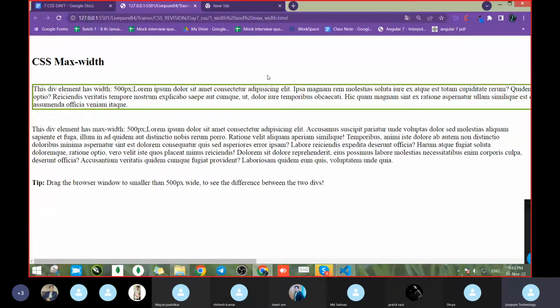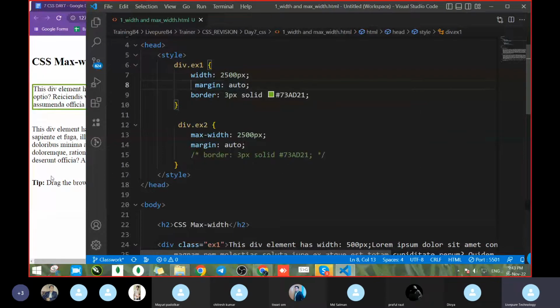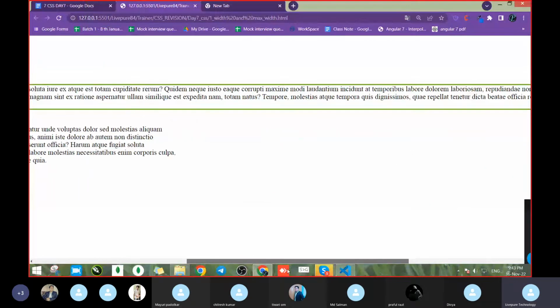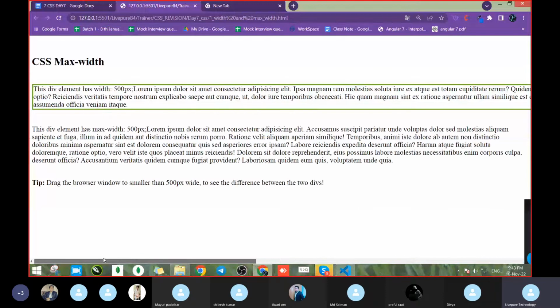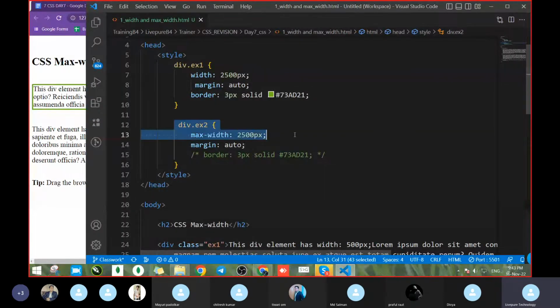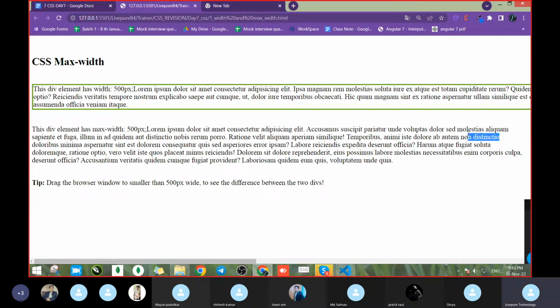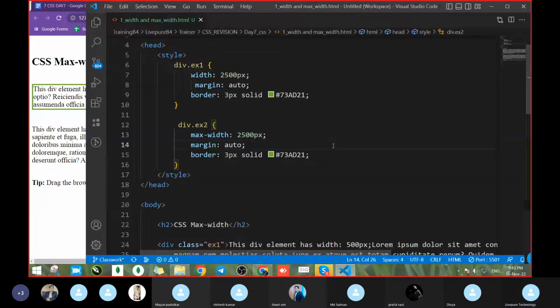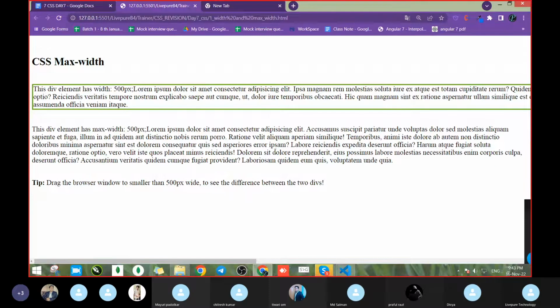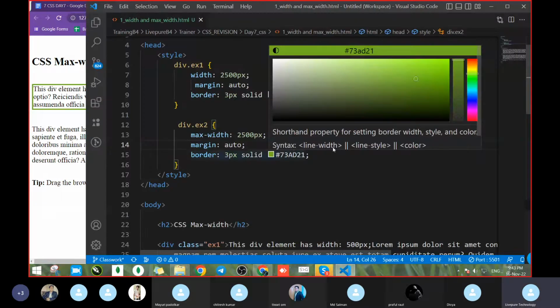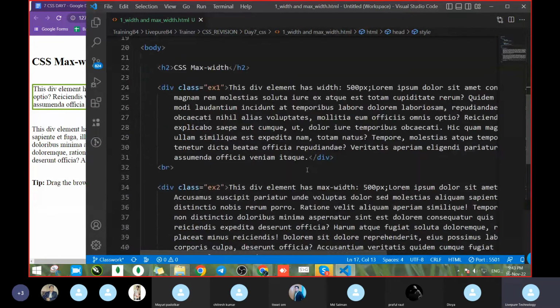सेव कीजिए, क्या हुआ? फर्स्ट वाले में हमने विड्थ लिया, मार्जिन ऑटो दिया, कोई फायदा नहीं, क्योंकि कंटेंट जितना है उतना वो ऑक्यूपाई करेगा ही करेगा। लेकिन मैक्स विड्थ के केस में ऐसा नहीं है। यहाँ मैक्स विड्थ में जितना कंटेंट है वो एडजस्ट कर लेगा। यहाँ दिख रहा है, एडजस्ट कर लिया। समझ में आ गया? तो यही आपका सीन है।